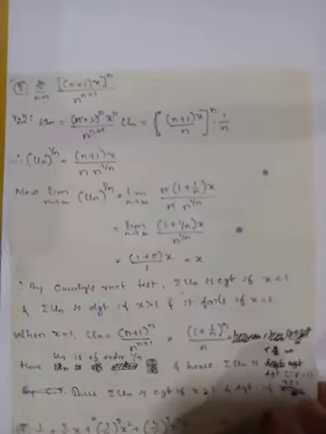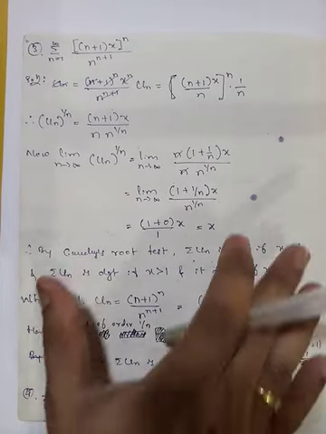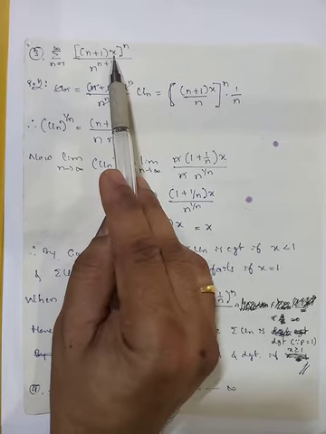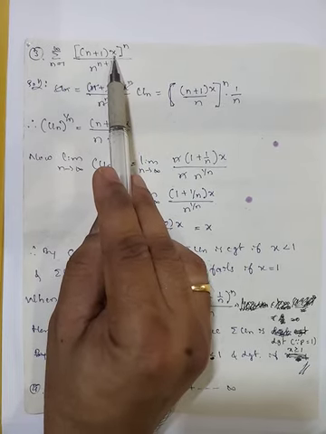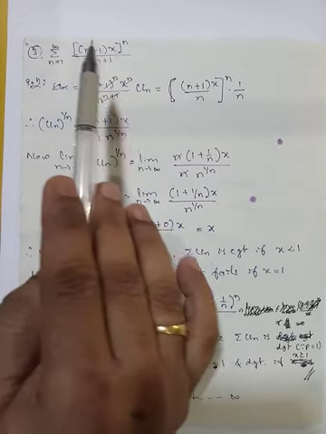Okay, this is the second example. Now this third example is different from the first and second, because in this infinite series we are having x. So here x is the variable, right? Now